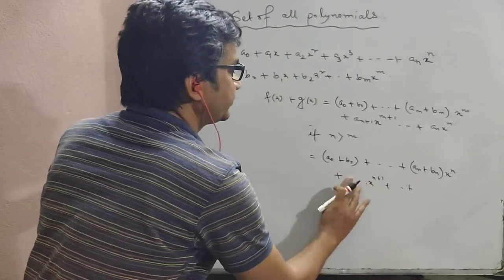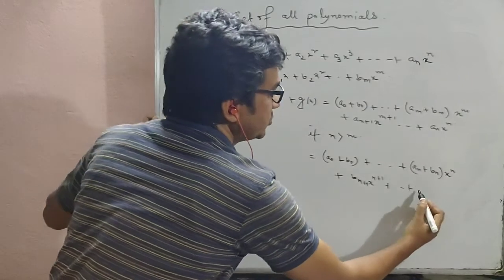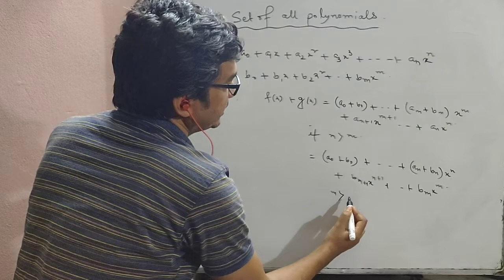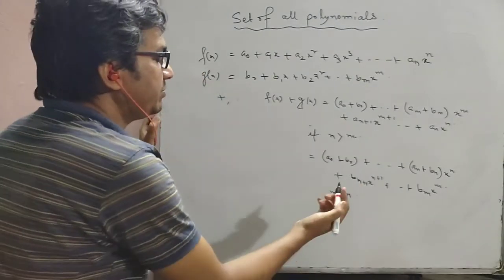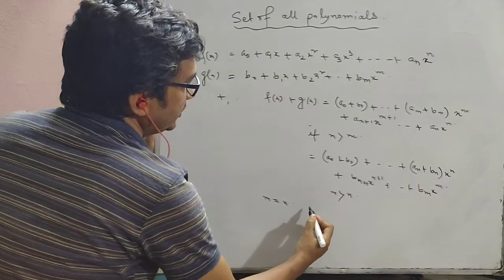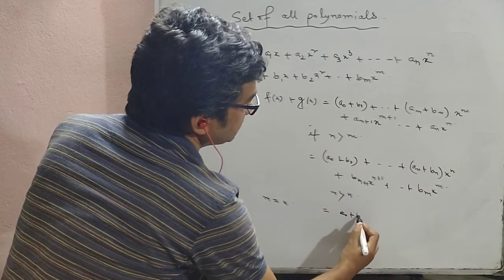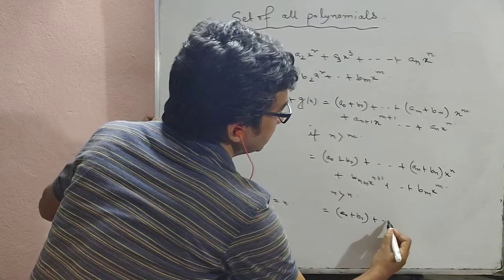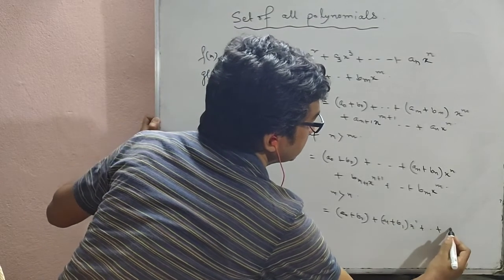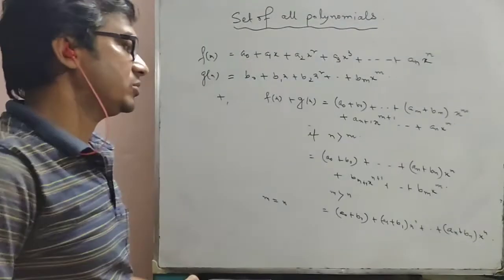Sorry, bn plus 1 x to the power n plus 1 up to bm x to the power m if m is greater than n. And if m equal to n, then we get this equal to a0 plus b0, a1 plus b1 into x, up to an plus bn into x to the power n. Okay,